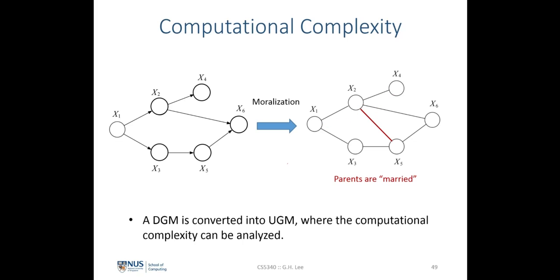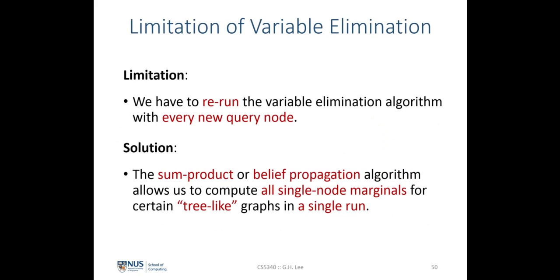And this would be followed by the elimination ordering to get the reconstituted graph, where we can analyze the computational complexity by looking at the largest elimination clique. So we have seen that the elimination algorithm allows us to compute the marginal probability or conditional probability of a query node